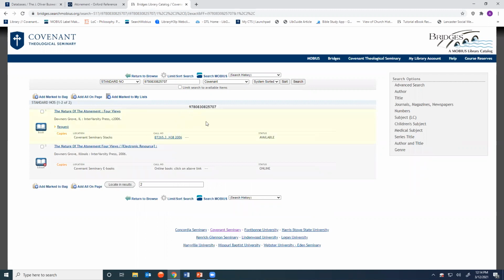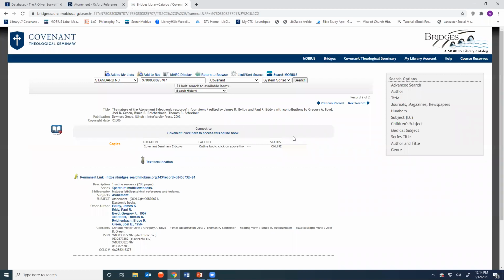So this particular title is actually a chapter in an edited volume, The Nature of the Atonement, 4 Views. It looks like we hold both a physical copy that you can request from the stacks and check out. We also have an ebook copy of that same book. So here's the record for the ebook. If we click this link, it will take us to the ebook itself.